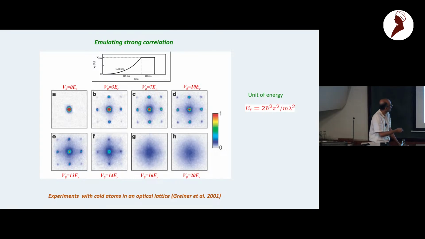Okay? And therefore you see a superfluid to a localization transition with the critical point being estimated at the point where this central peak vanishes. And that is an example of a superfluid insulator transition, from a superfluid state to a Mott insulator state. And since this happens at a temperature which is at least 2 orders of magnitude less compared to other scales in the problem, this is an example of a quantum phase transition, where it's really this depth of the lattice which is bringing out this transition by tuning the effective interaction strength.